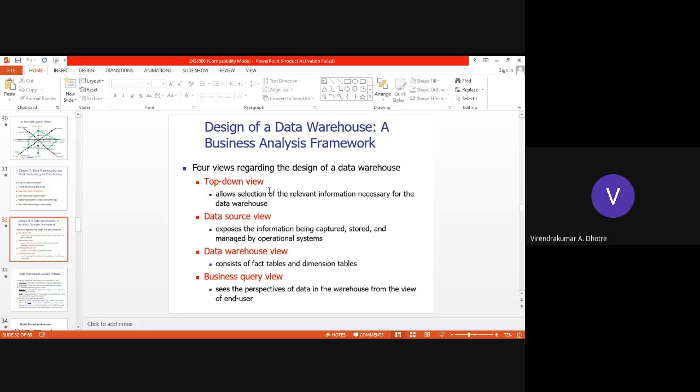So there are four views we can say. One is top down view, then data source view, then data warehouse view, and the fourth one, the business query view. Top down view,